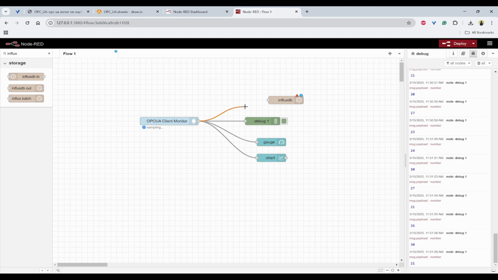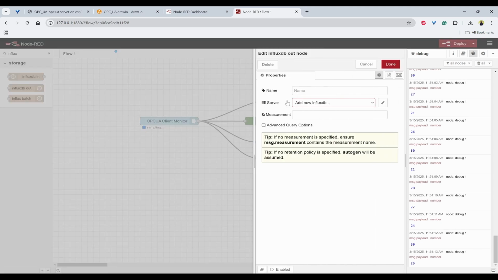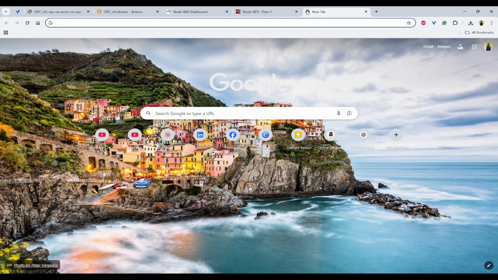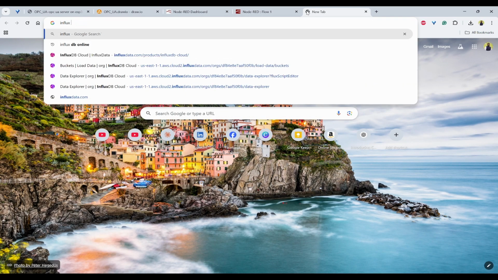Now we need to connect this to InfluxDB. So double click on this. It will ask you to select an InfluxDB server, so we have to create that. And in here we have to select the 2.0 version. Now to get all this URL and token, first you need to create an instance of the cloud. So you need to create your account in the Influx cloud. So go to Google, search Influx cloud